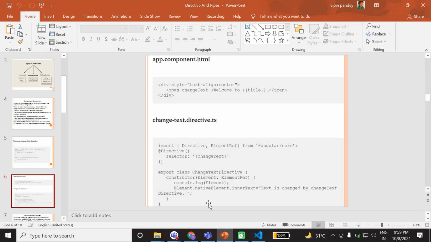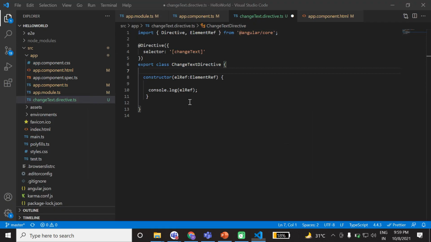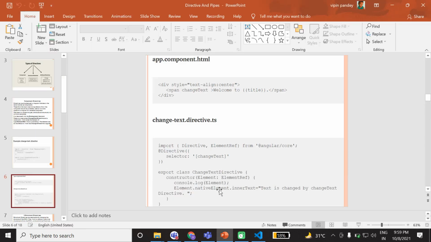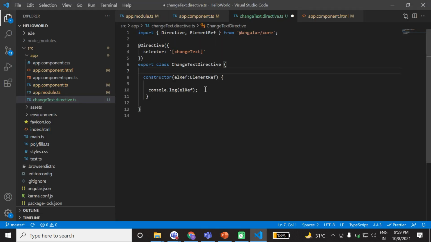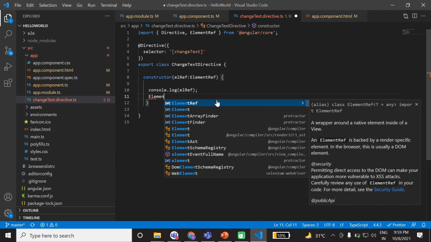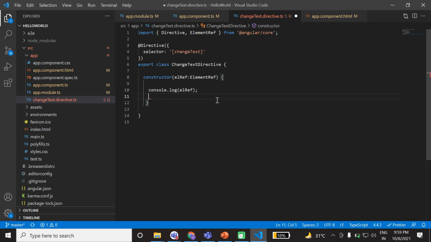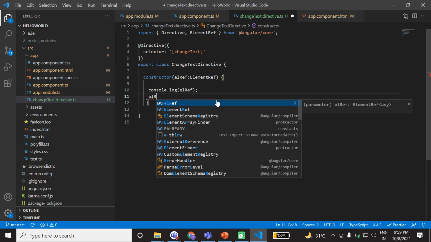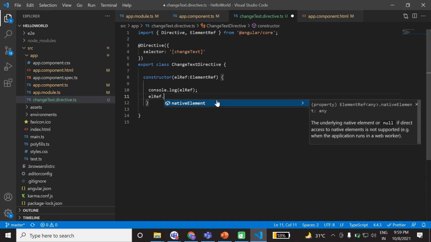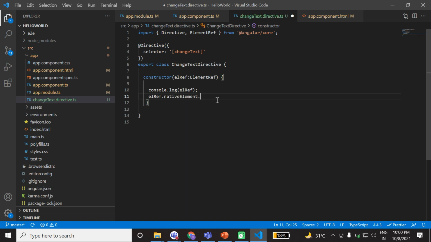Now what do we need to create? Again, element.nativeElement.innerText. So in the constructor, when the constructor is loaded, the value will be changed. elRef.nativeElement... I will show you like this.